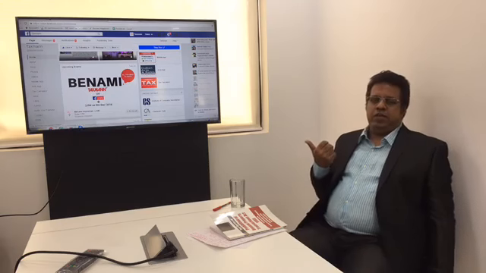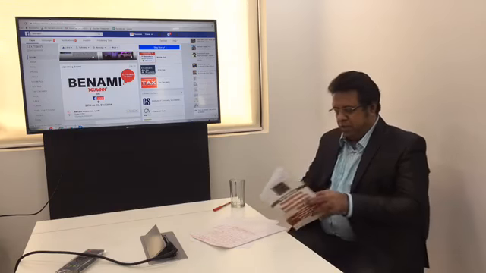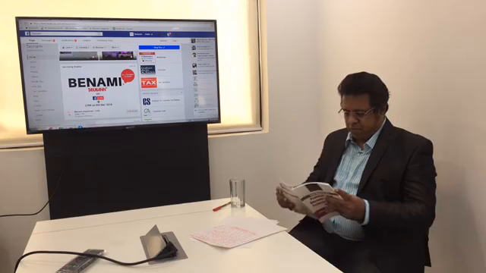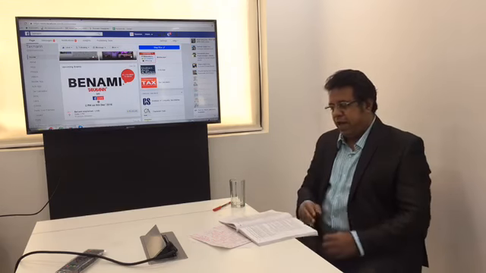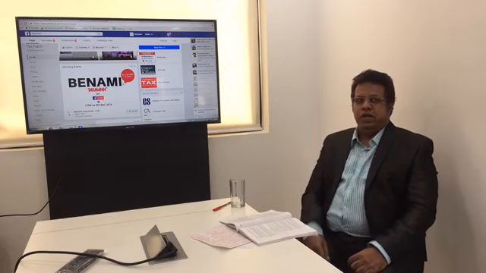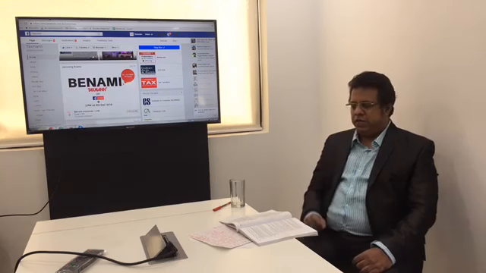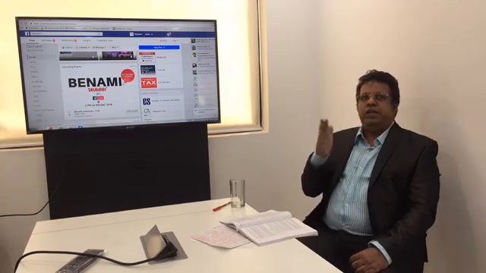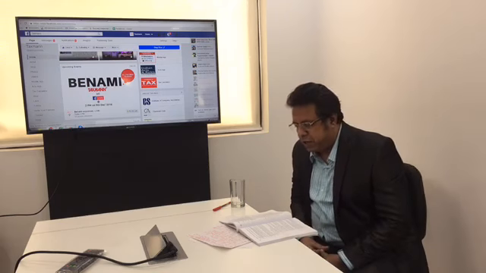The second category of Benami transaction is where the transaction or arrangement in respect of a property is carried out or made in a fictitious name. Now, one cannot understand the words used, how a name can be fictitious. But the intention here is that the Benamidar is a fictitious entity, an on-paper entity which doesn't exist. So that could be the interpretation given to it.